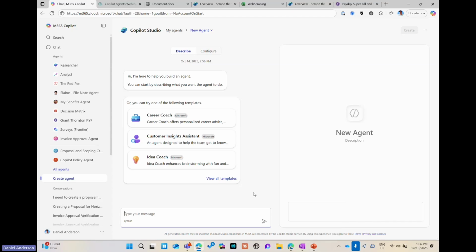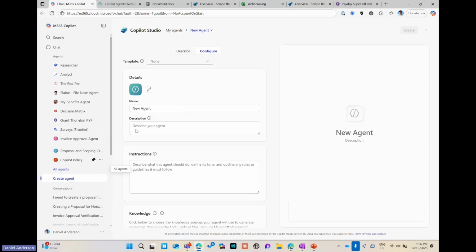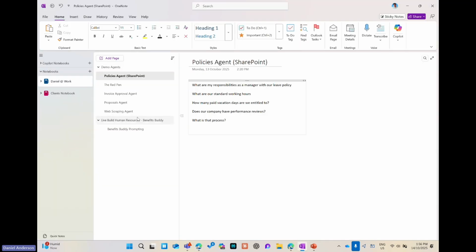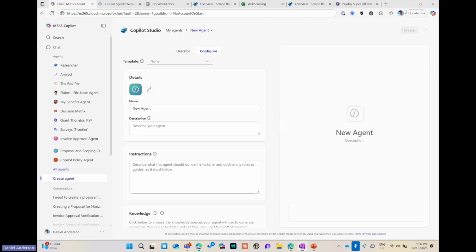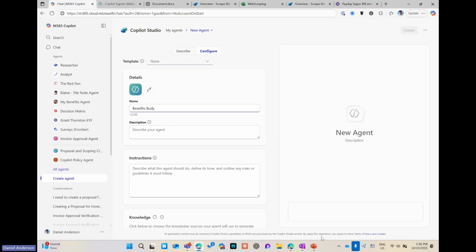Okay, let's see if we can build an agent in 2 minutes, right? So I'm going to go to configure. I've clicked create agent. I'm going to go to configure. I'm going to cheat. All right, I'm going to cheat and I'm going to choose this. So we're going to create an HR agent called Benefits Buddy. All right, so we're going to give it a name